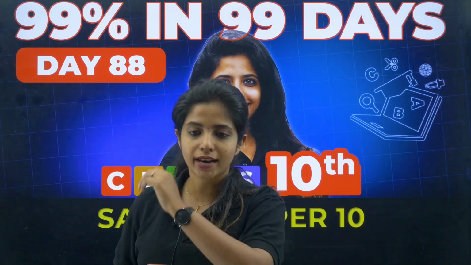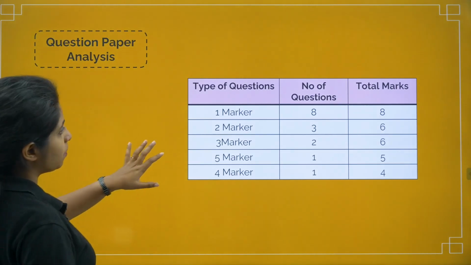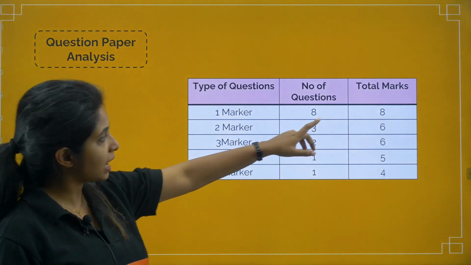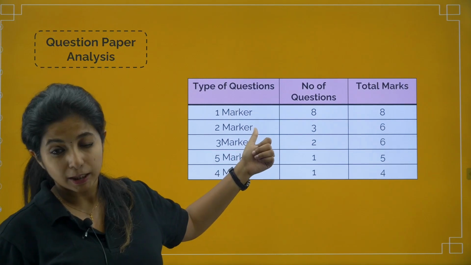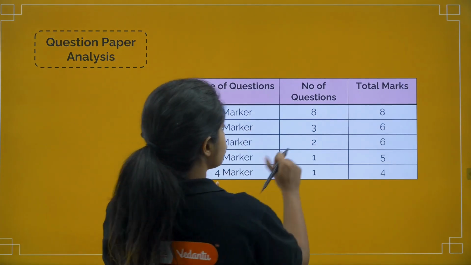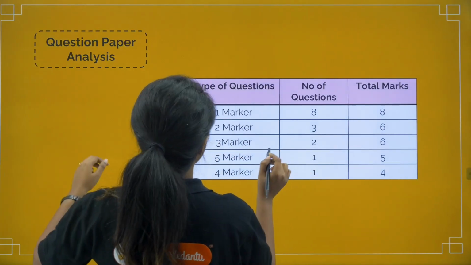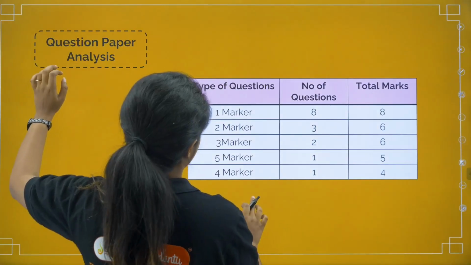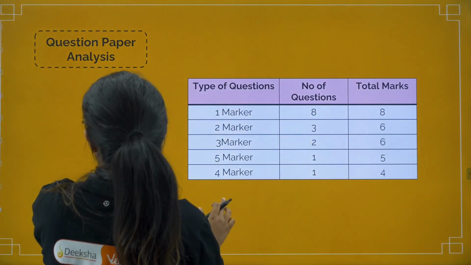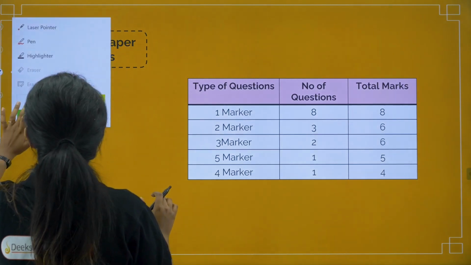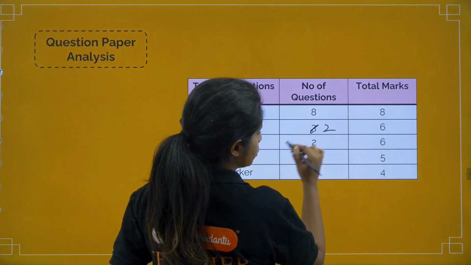Works? Chalo, let's get into the sample paper. So this sample paper contains 8 1-marker questions, it contains... wait, why is it not coming? Come, yeah. It contains